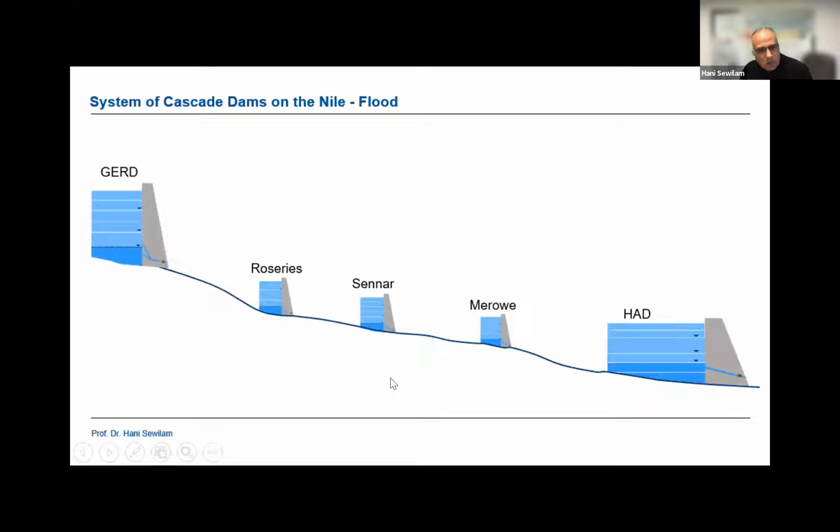But on the ground, we also have to see what will happen with the new system or the new normal in the future with the climate change. And my focus today is completely not the Grand Ethiopian Renaissance Dam, but the entire system. This is a cascade of dams that exist on the ground, even if the Grand Ethiopian Renaissance Dam is not yet completed, but this is the situation right now. So what you can see here, the three dams in Sudan and one dam in Egypt. When everything is full, life is nice.